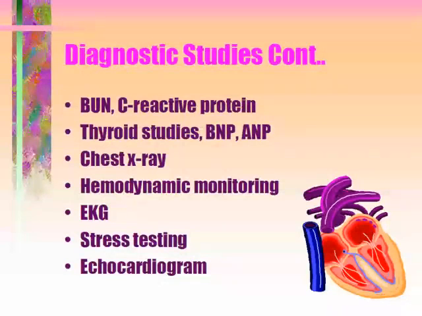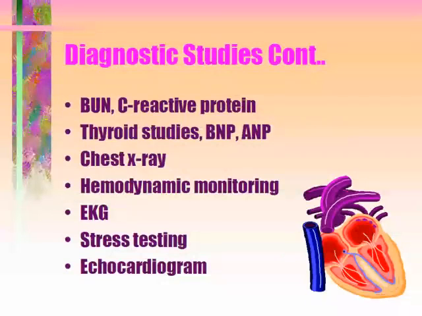C-reactive protein is an inflammatory marker. It predicts the risk of an MI or stroke better than your LDL levels. It's not cardio-specific, though, because it's just an inflammatory marker. Your thyroid studies look at your basal metabolic rate. Your BNP